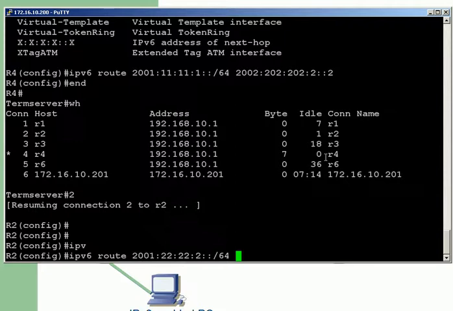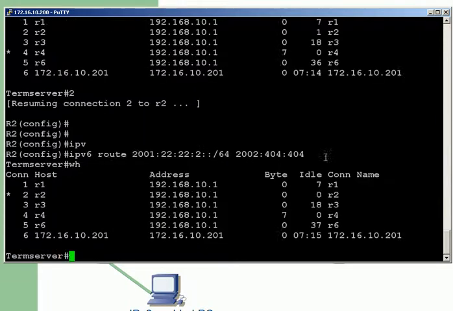Right, that's the prefix being used between router 4 and 5. Next hop is going to be